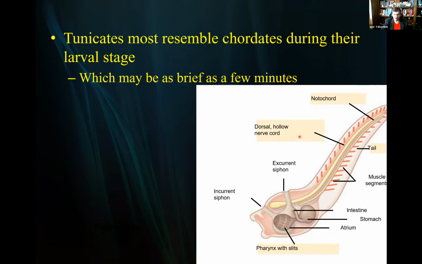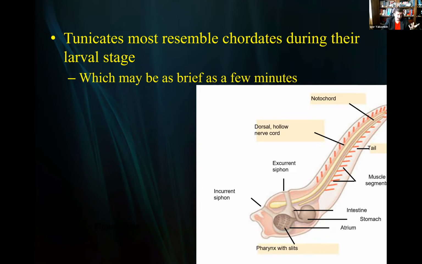chordates. Has a dorsal hollow nerve cord, has a notochord, has a muscular tail, post-anal. They do have a brain or start something with a brain. It's free swimming. Everything is great. But that particular larvae, after a while swimming, basically flips on the side and settles down. As soon as it settles down somewhere on the bottom of the ocean, it loses most of its advanced features, so to speak, or chordate features, and it turns into a